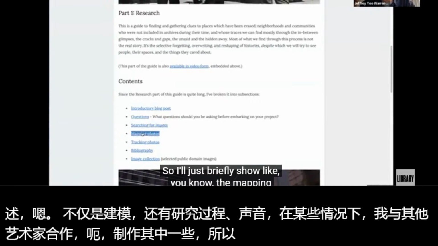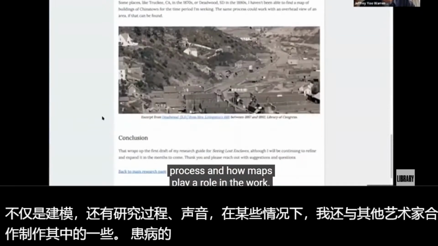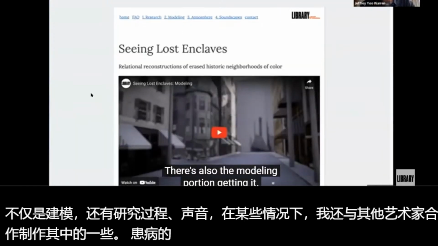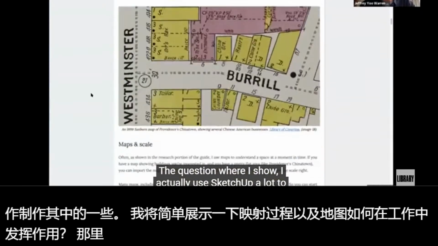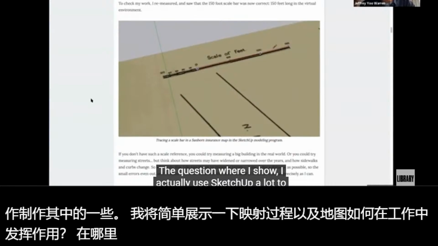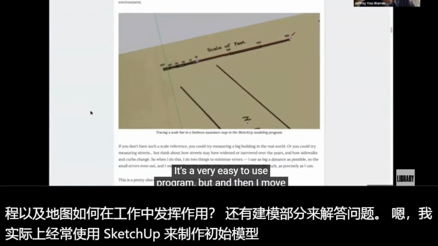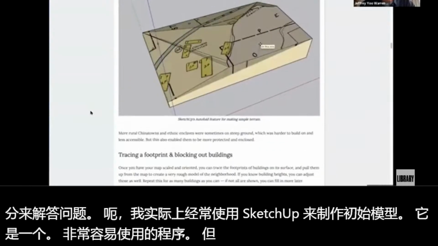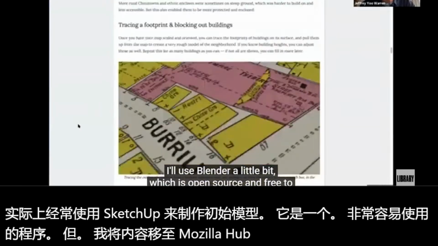I'll just briefly show the mapping process and how maps play a role in the work. There's also the modeling portion, getting at the question, where I actually use SketchUp a lot to produce initial models. It's a very easy to use program, and then I move things into Mozilla Hubs. I'll use Blender a little bit, which is open source and free to use.